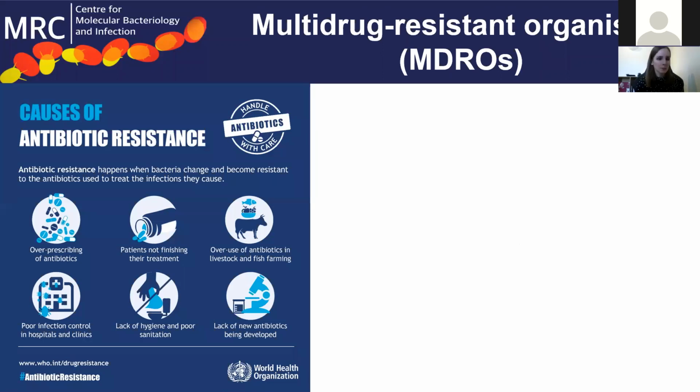So this figure here is a figure from the World Health Organization. It has a nice summary of different ways that people can develop antibiotic resistance. First being the overprescription of antibiotics. Prescription of antibiotics potentially for people who might have viral infections, like the cold or the flu, where they're not going to have any impact on your health. Another method would be patients not finishing their antibiotic treatment. Also, the overuse of antibiotics in